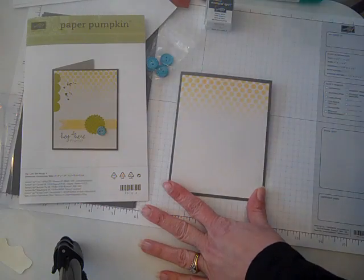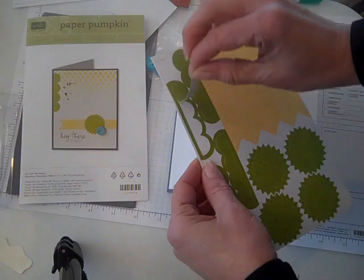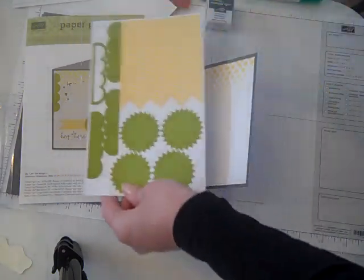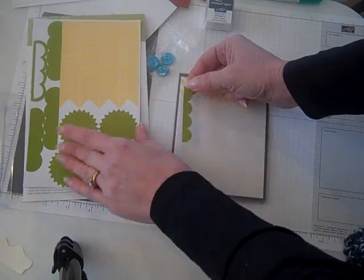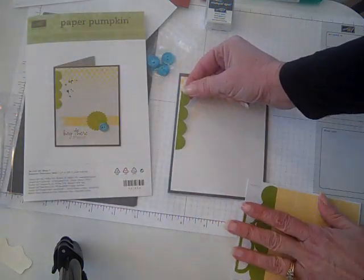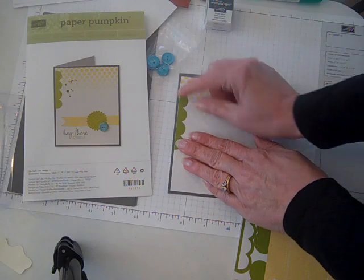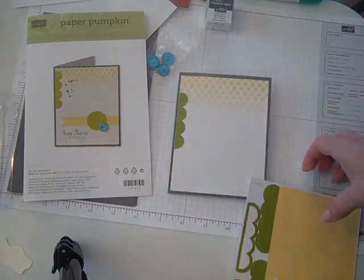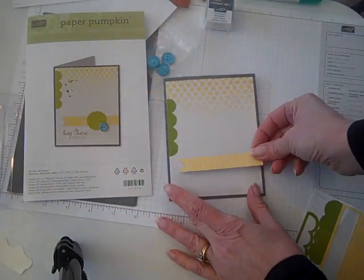Alrighty. So now what it looks like next is we want to go ahead and layer some of our stickers, the layers here. Okay, so I've got this, and I'll use my picture as a guide. That looks like that goes about here. And get one of the yellow banners, and it looks like it's going to go